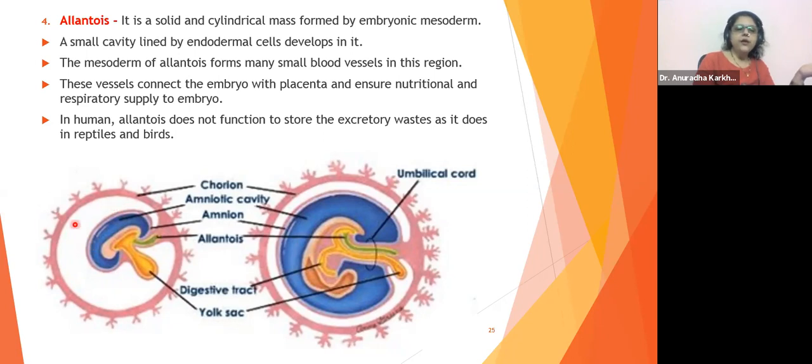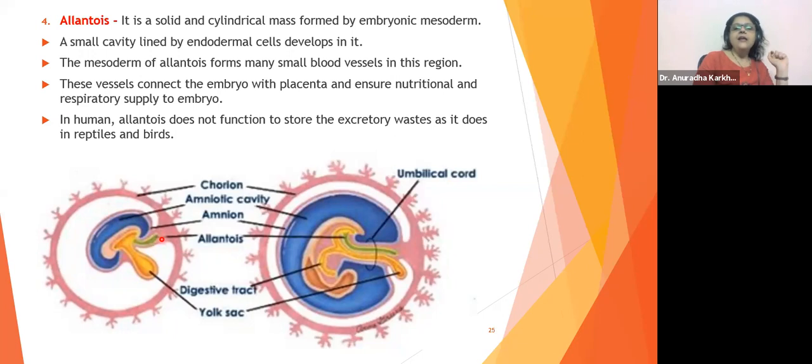It is floating in this amniotic fluid. Okay, so there is nothing called respiration being available. So who will provide oxygen? It's the allantois which is going to provide nourishment as well as oxygen to the developing fetus via the blood vessels. Don't you think allantois is a very important feature in the human embryo, which has a blood supply ensuring the transport of minerals, nutrients, and also helping in the exchange of gases. So allantois is going to be a very important structure, correct?